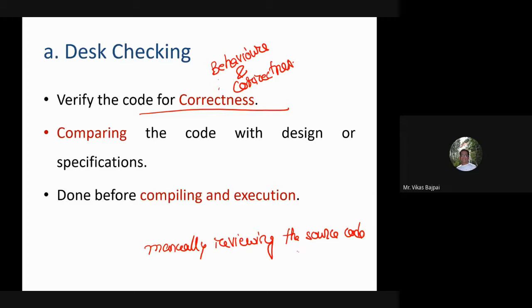And then we have comparing the code with the design or specifications. I have the piece of code, and I am doing this comparison. Next, this is done before compiling and execution. So before executing or compiling, I'll go ahead with desk checking.